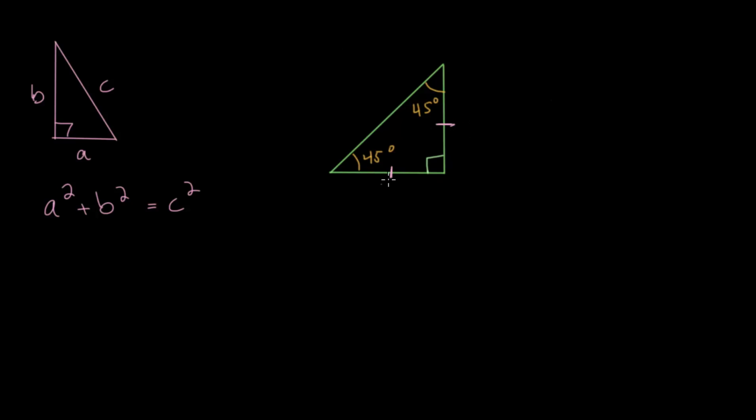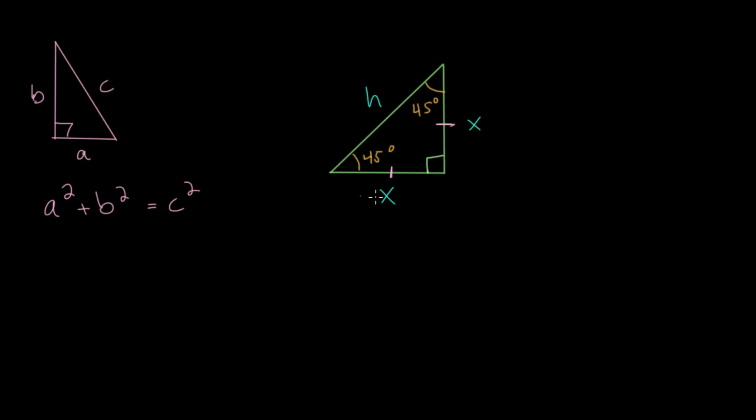And let's just call these side lengths some letter so that we can look at this very generally. So let's maybe call this x, and because this side length is equal, we can call this x as well. And we want to figure out what the hypotenuse would be in relation to these two side lengths. So this will be some quantity involving x. But for now, let's just call it h for hypotenuse and try to solve for it and figure out what